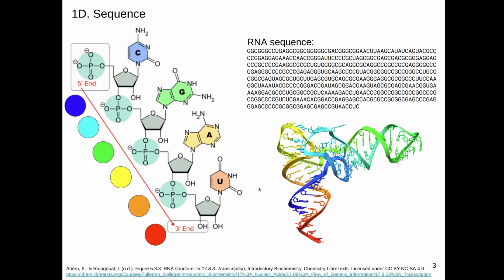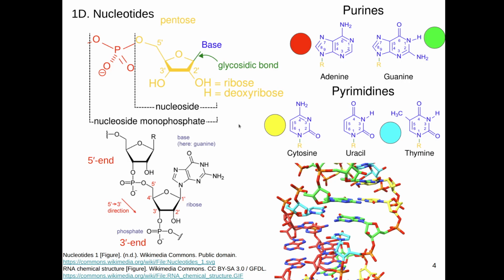It starts with the 5' end in blue and ends with the 3' end in red, and all in between are rainbow colors in the order of the rainbow. So we start with blue, go through light blue, green, yellow, orange, and end with red. So why is it the 5' end and 3' end? We need to first look at the nomenclature of atom positions of the